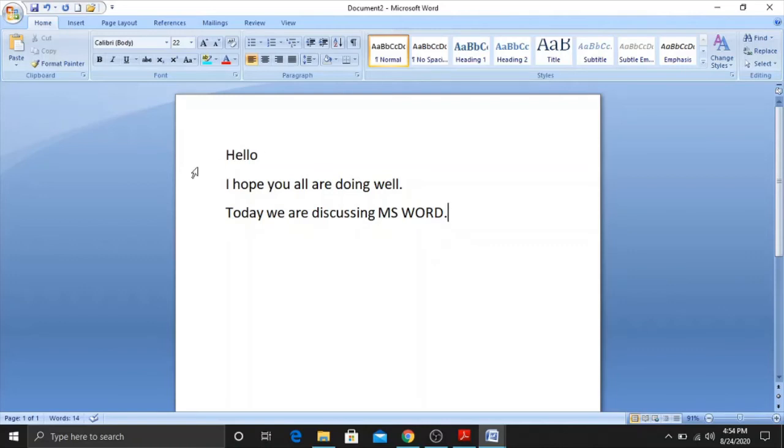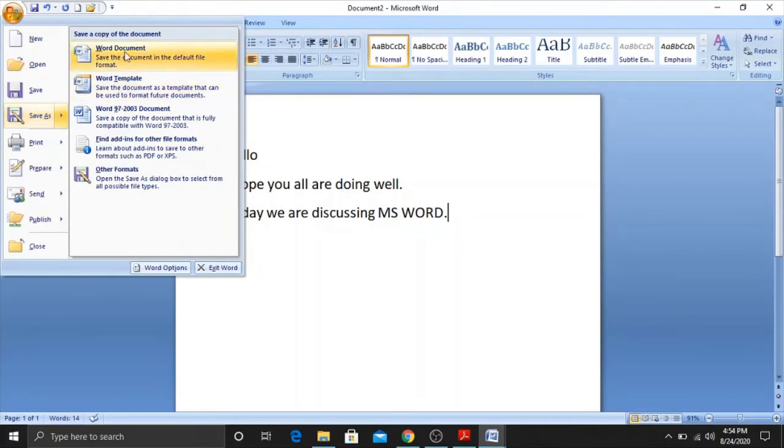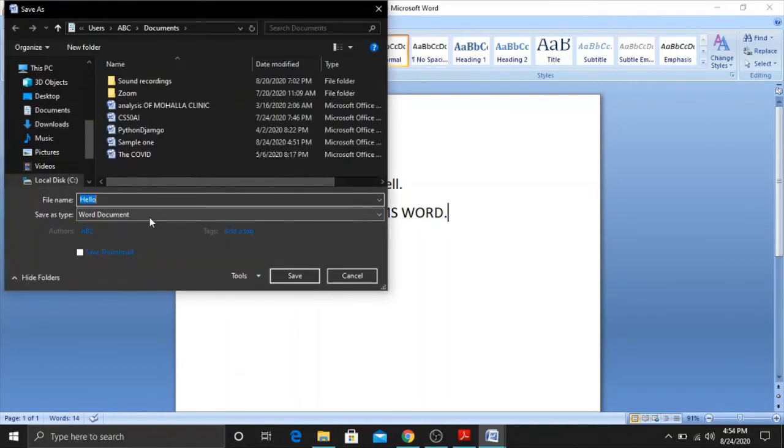Okay, so now the next step will be, we have created a new document, I have written something in it. Our next step is to save it. So you can simply click on the floppy button here, or you can press Ctrl S, or you can go to save as Word document, or you just click on save as. A new dialog box will appear. Here I can give my name to the file, for example sample1, and save it.